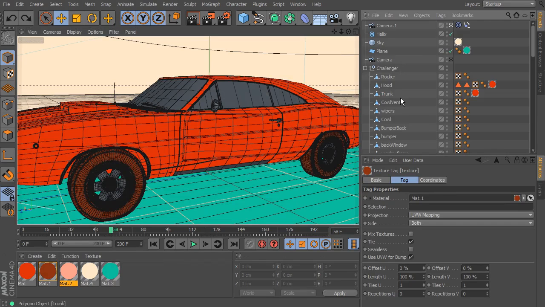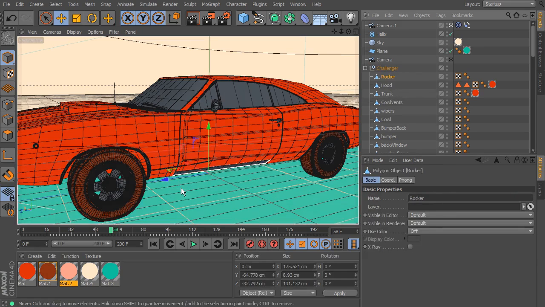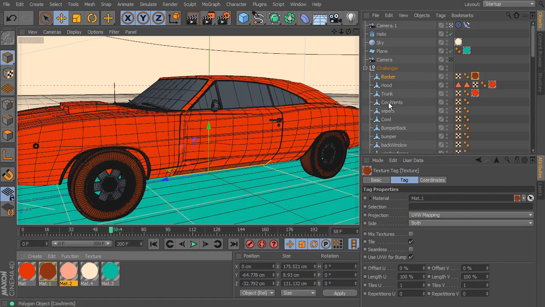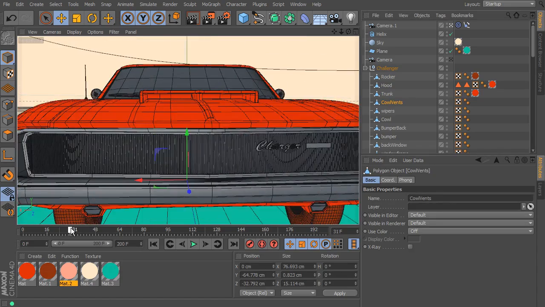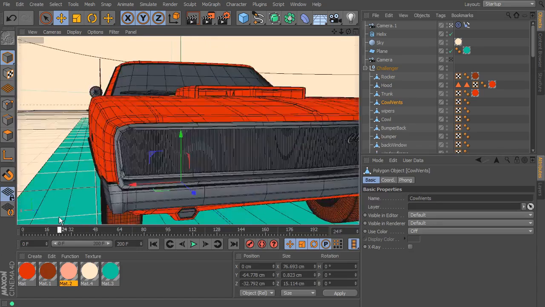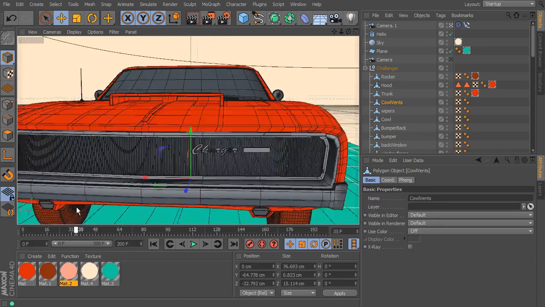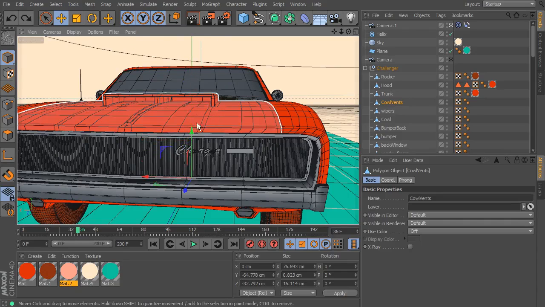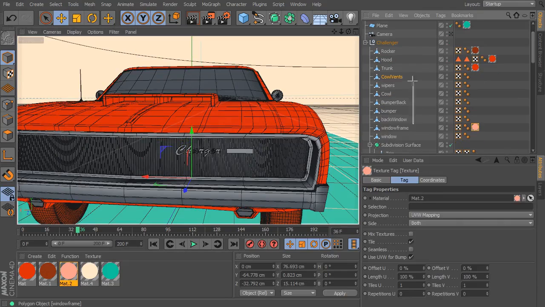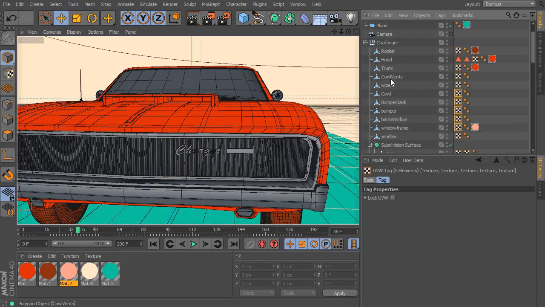And let's actually go into our Challenger and start to change a few things in here. So the rocker is going to be these two little pieces. I think I'd like to go darker on that, so I'll drop that in. We already have our hood and our trunk. We've got our vents, which are going to be located, let's see here, we might not be able to see them in this particular shot. It's going to be in the back, and we kind of missed the back, so I'll just drop a color